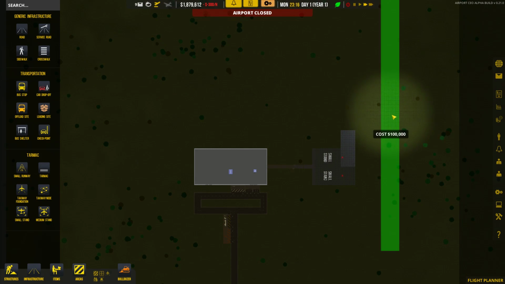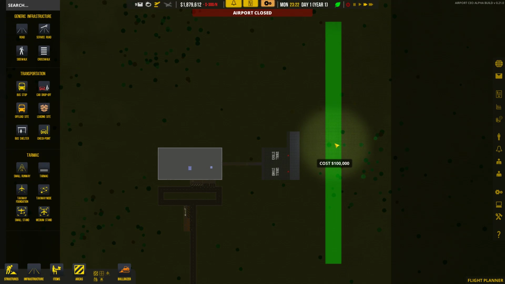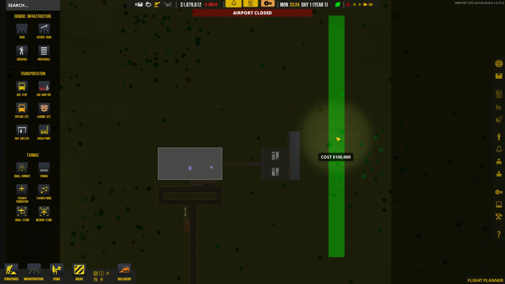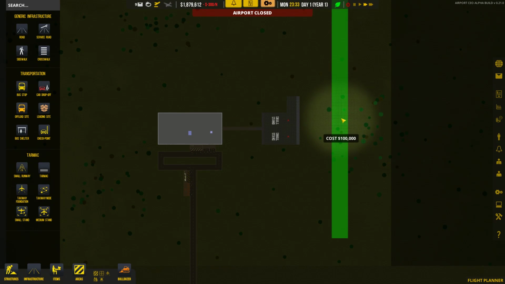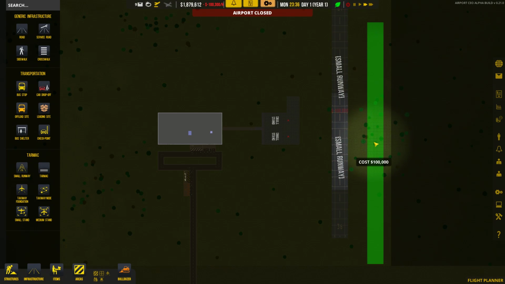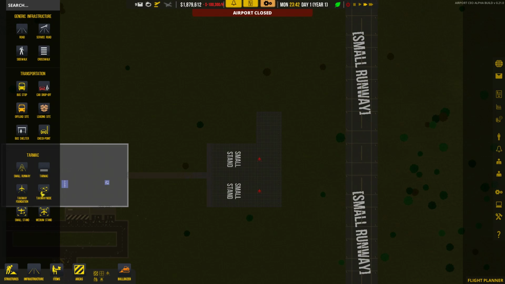Shall I do that or shall I do this? I actually think I want to do this, just so that I have a little bit more room over there. Okay, there you go. Small runway. Okay, and what I'm going to do is I'm also going to do